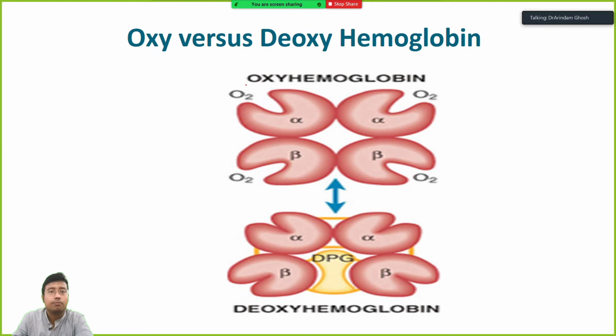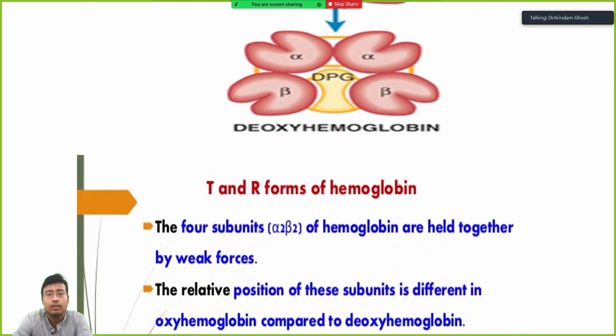ठीक है, तो देखो ऑक्सीहीमोग्लोबिन, यहाँ पे सारा ऑक्सीजन घुस गया है, ये गैप बढ़ गया है, बहुत ज्यादा रिलैक्स हो गया. ठीक है, अभी यहाँ पे 2,3-BPG घुसेगा. ठीक है, तो 2,3-BPG जैसे ही घुसा, सारा ऑक्सीजन मॉलिक्यूल निकल जाएगा and it will again form salt bridges. Okay. So this is deoxyhemoglobin.